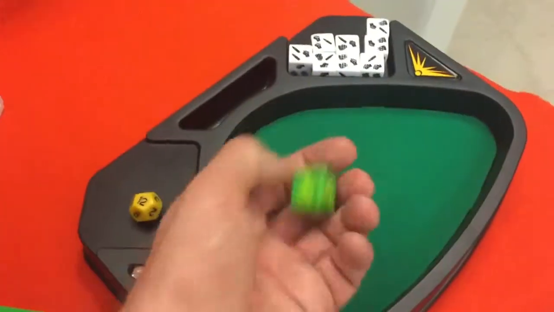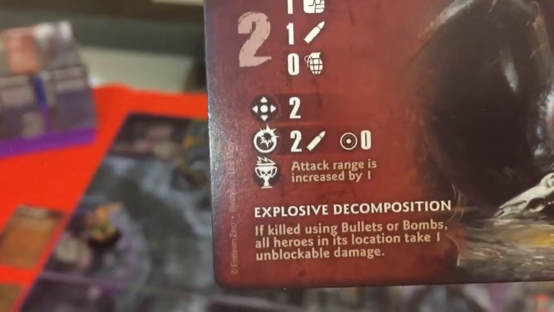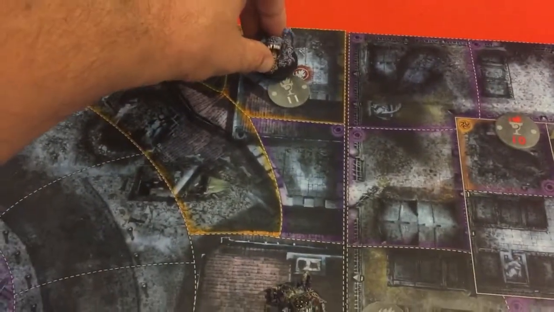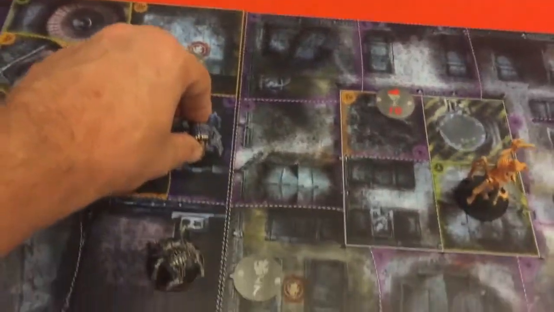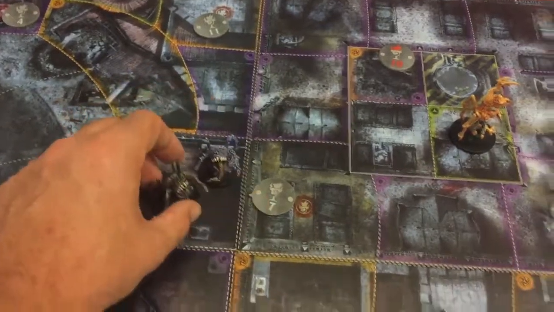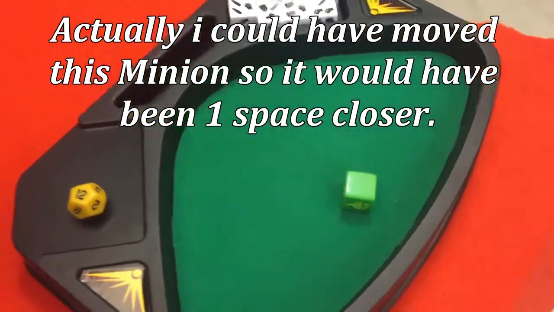Let's see what he does. He does his ranged attack. Let's just double check. If he rolls for the special ability, attack range is increased by 1. So that'll give him a ranged attack of 1. He can't do anything either. And then we'll go for this one, and I guess he'll move in the same spot. See what he does. And he does blank, but